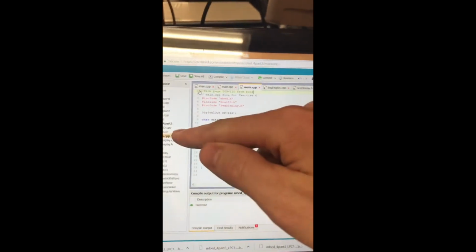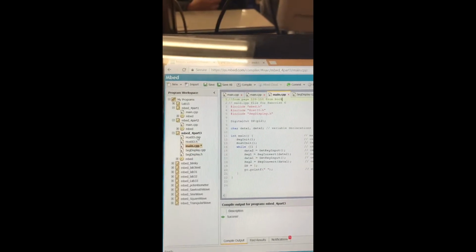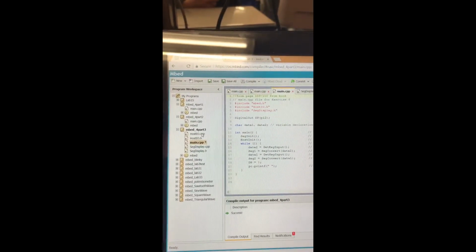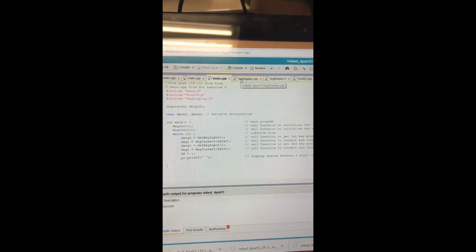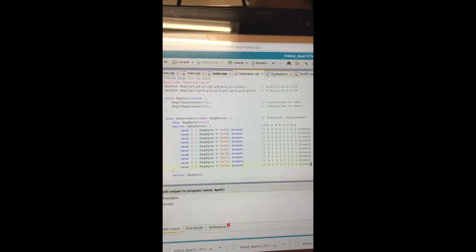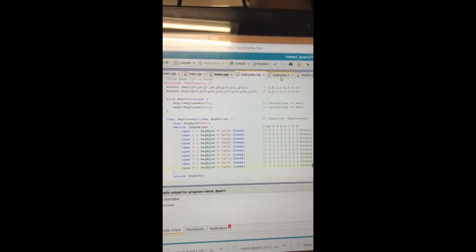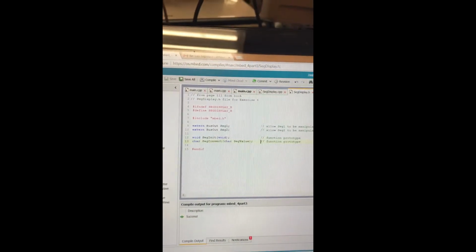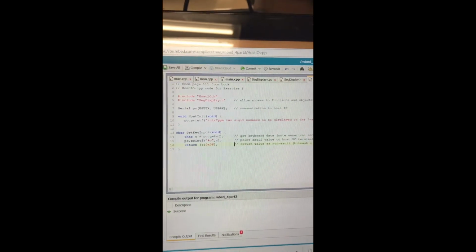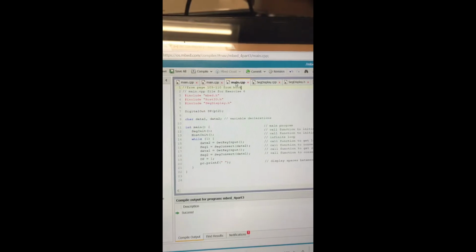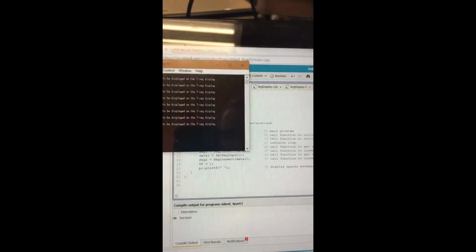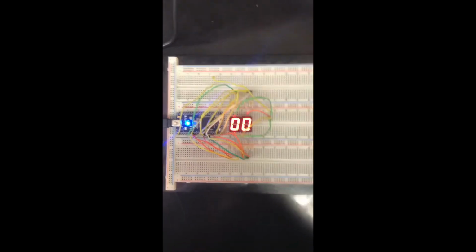As you can see, we had to make some little, not classes, but functions of them. And here's our main, and then the segment display with CPP, and then seg display with H, host IO CPP, host IO H, and when we put it on our board, which is set up the same way as it has been, and we go to